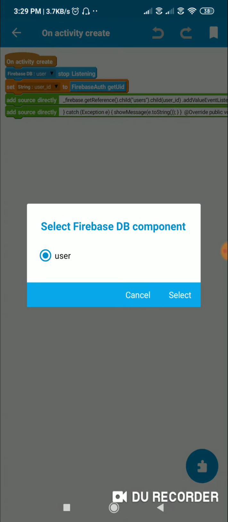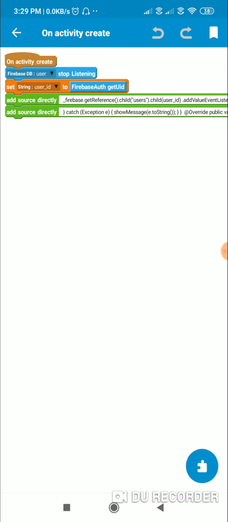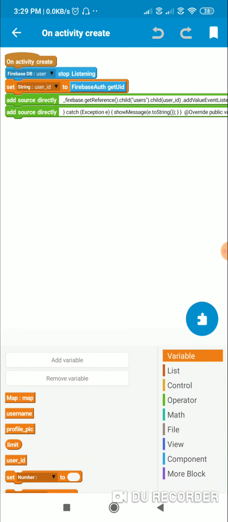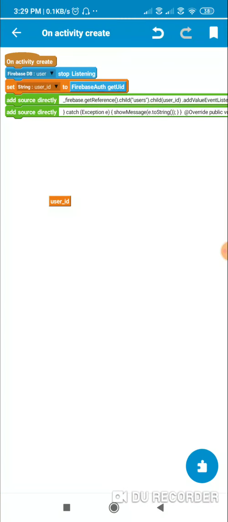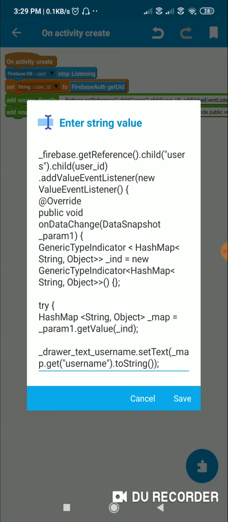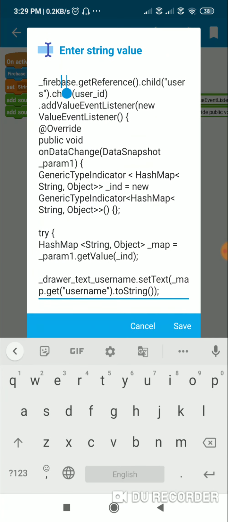First we have to add a user stop listening in onCreate, and then we set a string variable called user_ID to FirebaseAuth getUid. Then you have to add this code: _firebase.getReference().child("users").